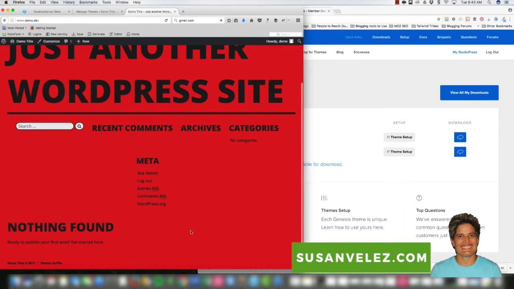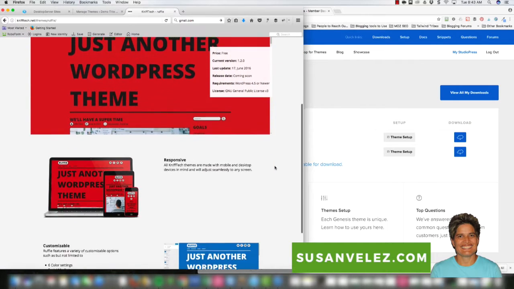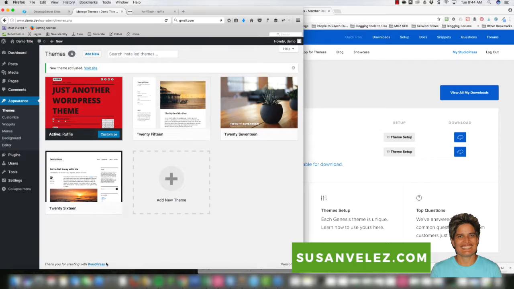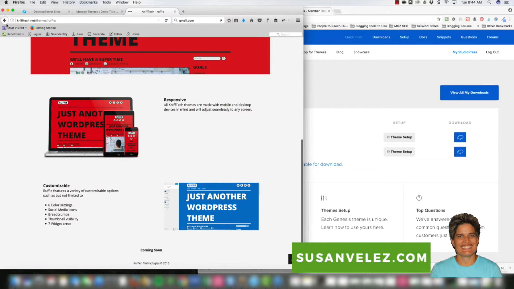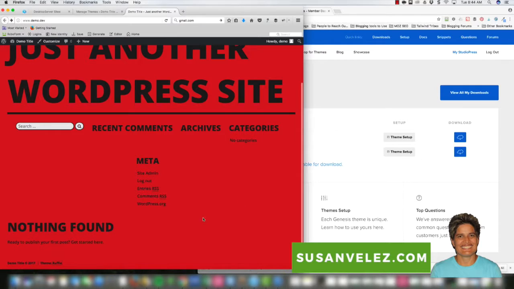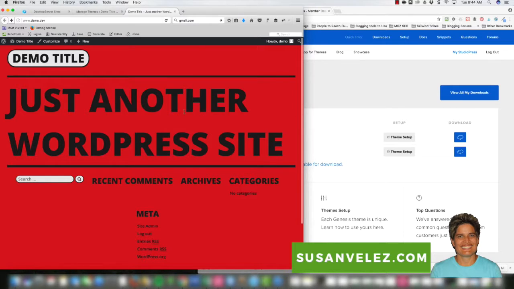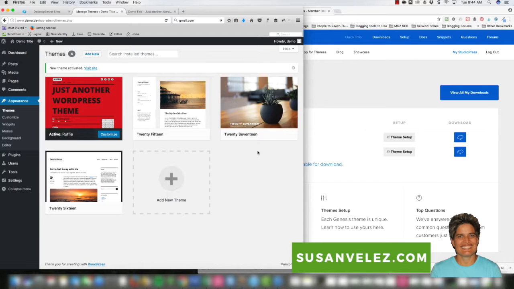So this is how the free theme looks. And then you can see that it has the theme Ruffle, and this is probably the developer's website. As you can see, it comes over here and it links to the theme's developer website. Many of the free themes will require you to keep that link in the footer, basically as a way of thanking them for using the free theme. This is one of the reasons that I don't like to use free themes, because you'd have to find out and see if you can remove this actual link right here. But I'm not going to worry about that because we're not actually using this theme. I just wanted to show you how to activate one of these free themes if you wanted to